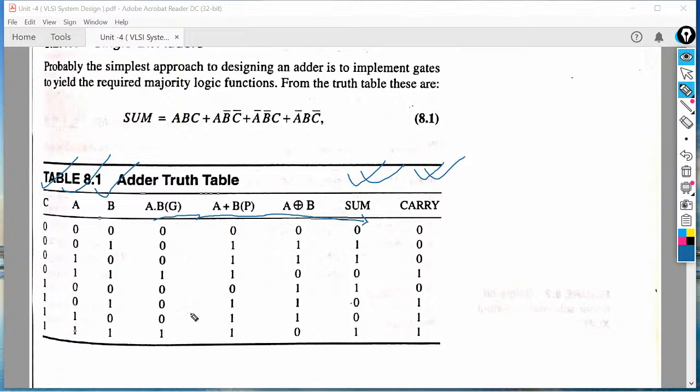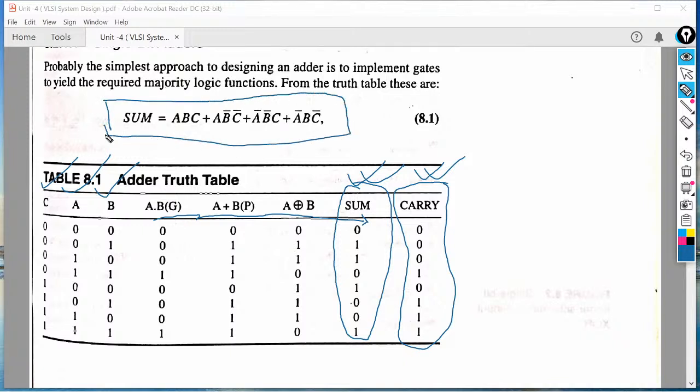Same for the other input conditions. While designing any circuitry, first we have to make the truth table of that circuitry. According to the truth table we get the output table for sum as well as carry. So by using the Karnaugh map or any other operators or any other Boolean functions such as Boolean algebra,